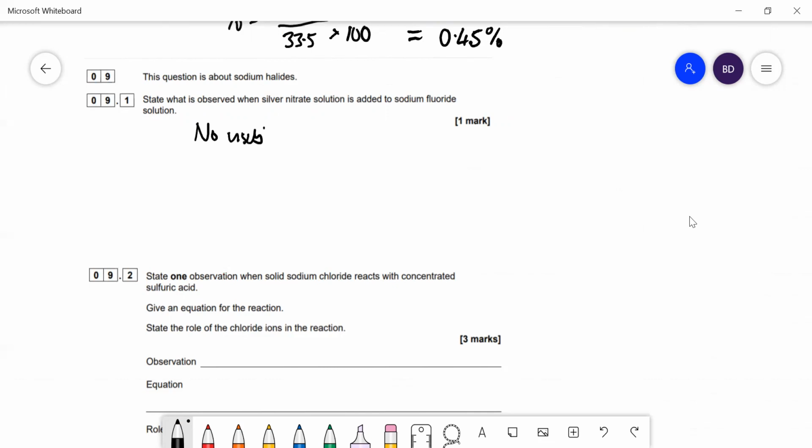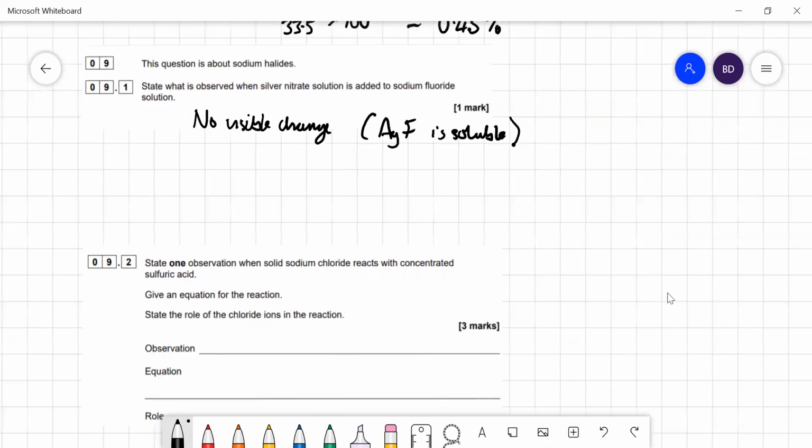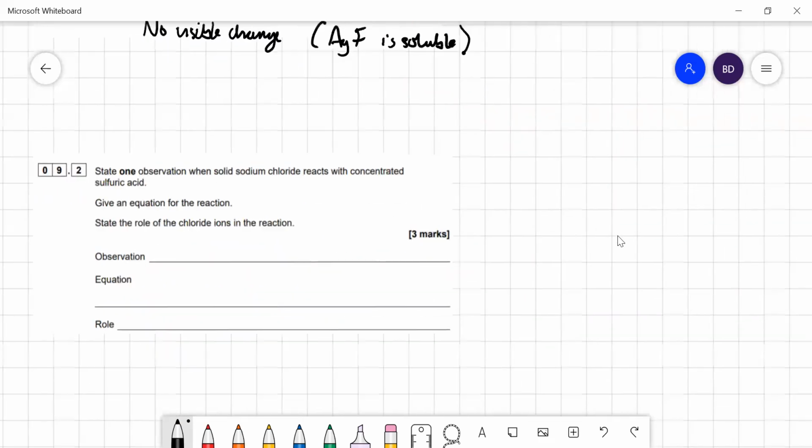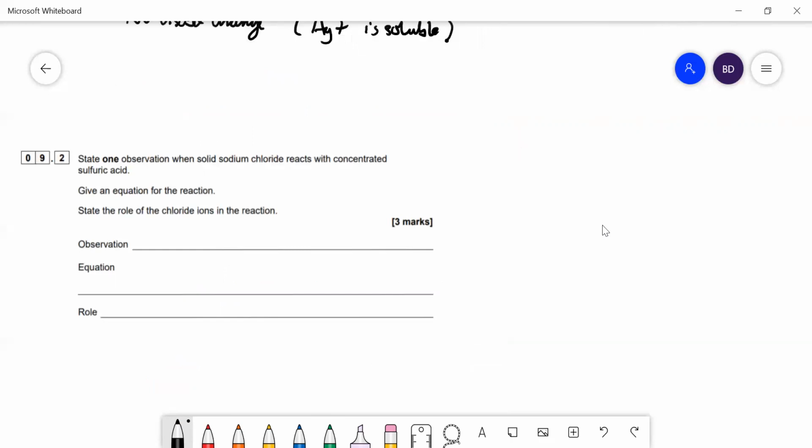And the reason for that is because, it didn't ask you why, but of course AgF is soluble, unlike all the other silver halides, which are insoluble and will give you a precipitate if you add silver nitrate to solutions of the halide ions. Okay, now 9.2. One observation when solid sodium chloride reacts with concentrated sulfuric acid. Okay, now